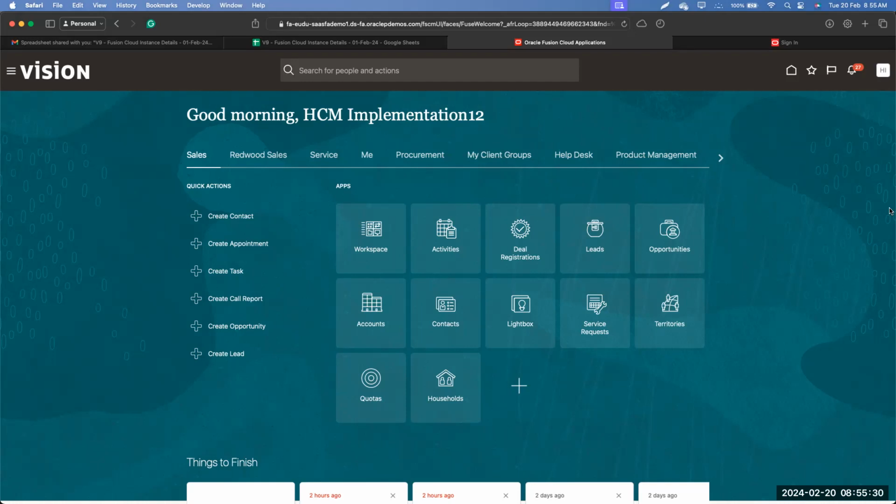Okay, understood. So my name is Harish and I'm going to be the trainer for this particular batch. I have just a quick introduction about myself. I have close to 14 years of experience in the IT space and have been with Fusion for 9, 10 years. I've worked on pretty much most of the modules except the payroll and the compensation related modules.